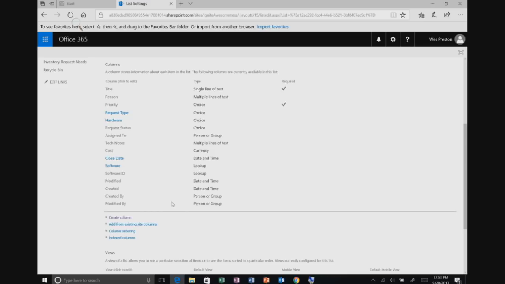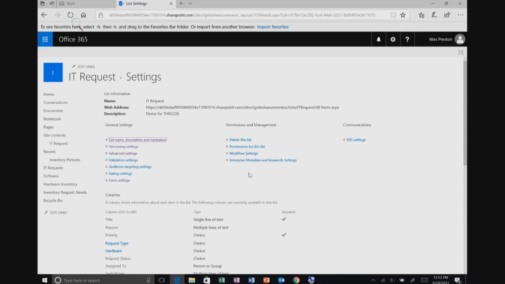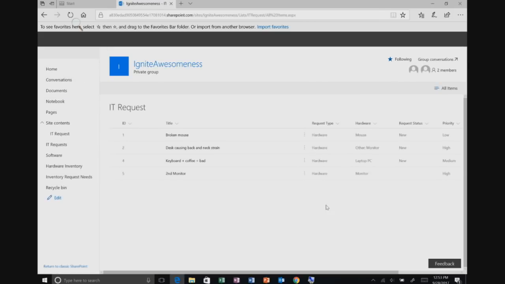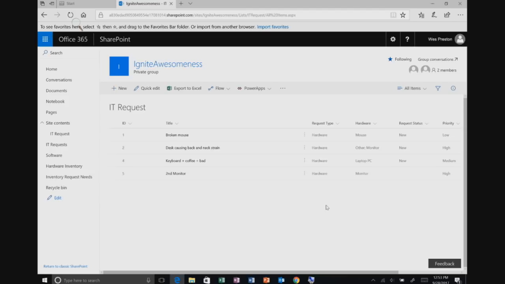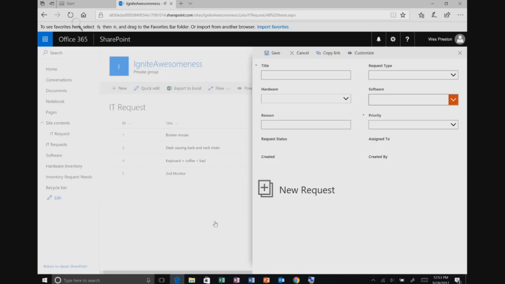But these are all fields that I don't necessarily want my end users to see. I want them to be able to go out there and make a request and say, here's what's wrong, here's what I need, end of story. Or also maybe a priority to say, hey, I can't really do anything until this is fixed. So we've had lots of ways to do that in SharePoint in the past. Sarah Hazi's got a great post on how to do it with content types that we've been using for years. But without that, I'm going to create a form